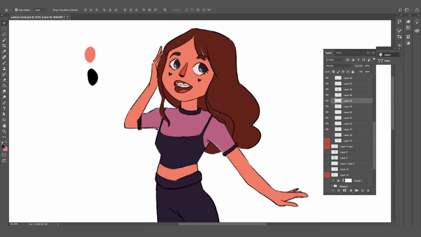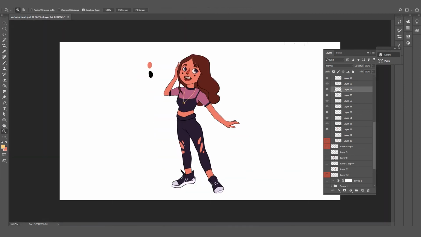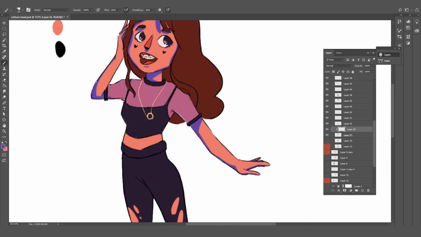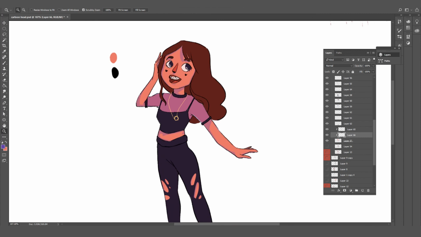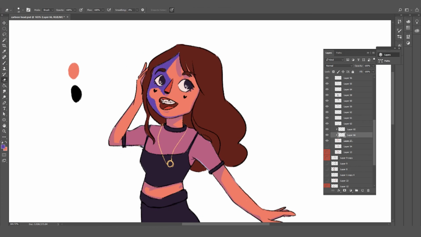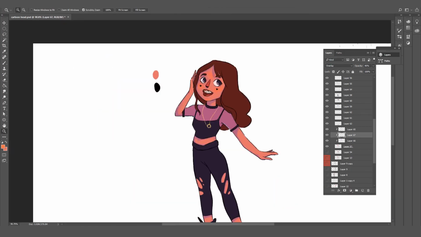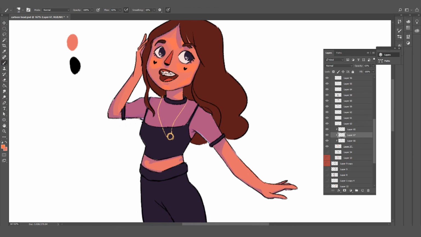For the net part I added a color and then reduced the opacity slightly so that it mimics the sheerness of the net, I think. Shadow of her skin and then reduce the opacity. So for this character I used different layers with the shadow for the different types of shadow that is falling.